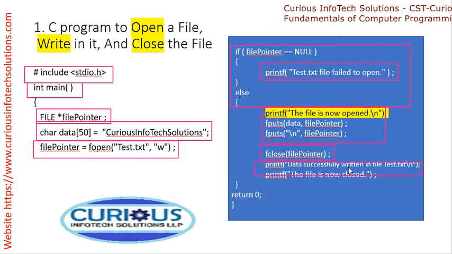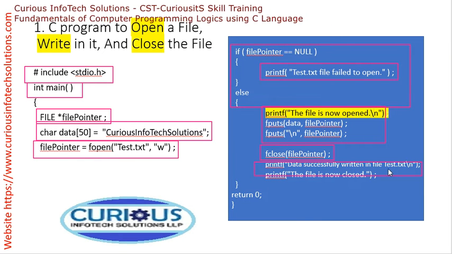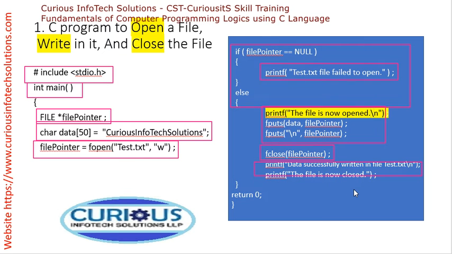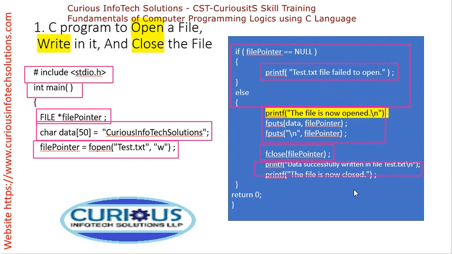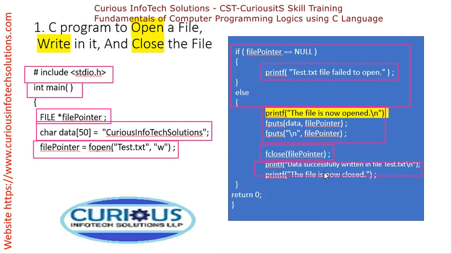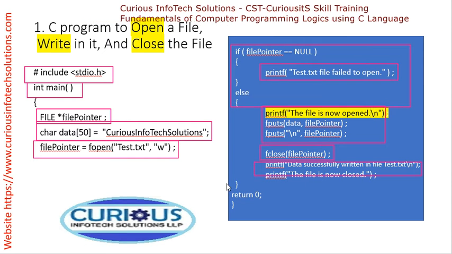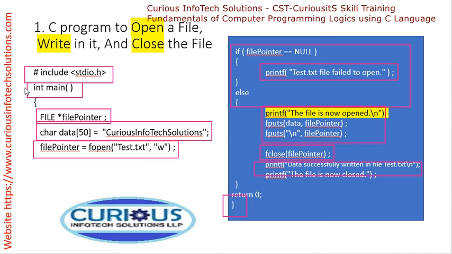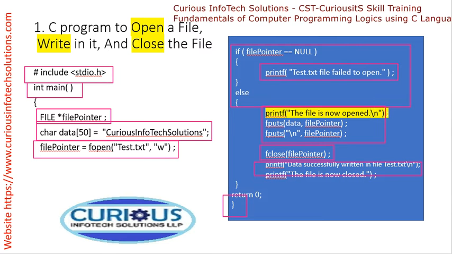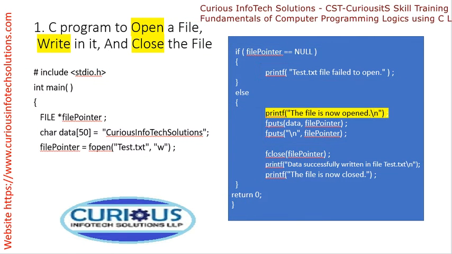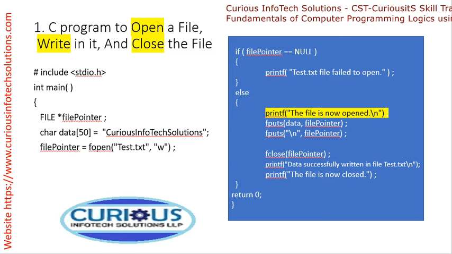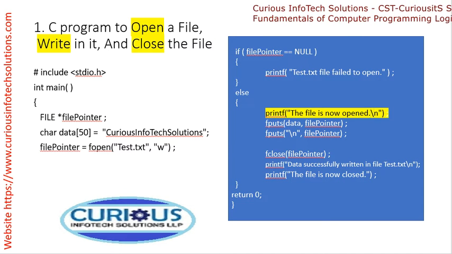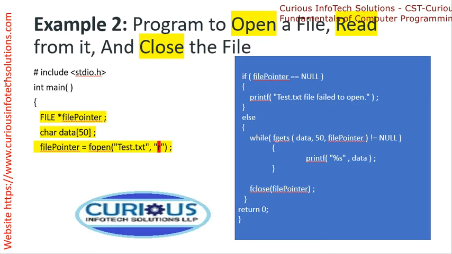Data successfully written in the text file and the file is now closed. So this is actually the required message for the user, and after that we will close this program. Okay, now we will see the beautiful second example program, in which we will see how we can go for